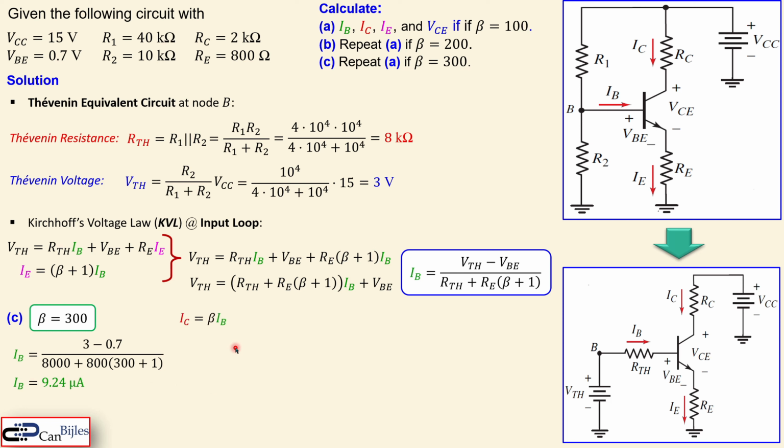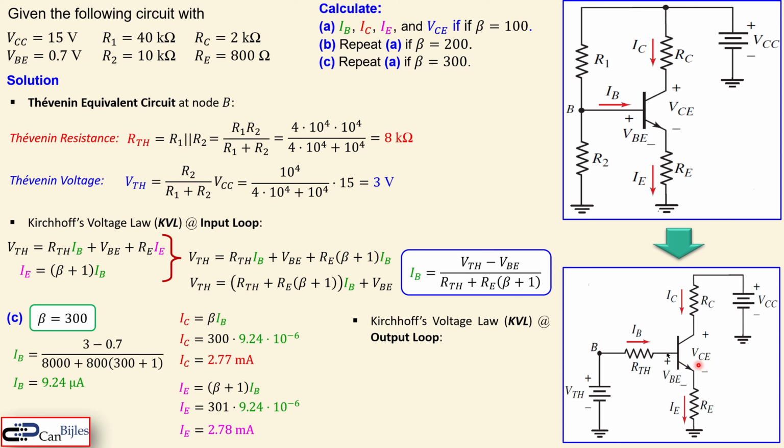Again, using the formula for IC, that will give me now 2.77 milliamps, and for the IE, I will have 2.78 milliamps. Again, the same expression here for the collector emitter voltage, I mean. So we will get then 7.23 volts. So we have now for A, B and C, for three conditions of the beta, the required